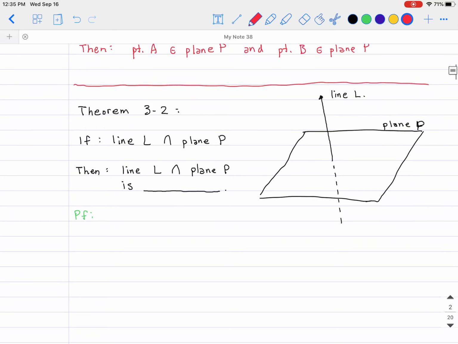So now let's look at the first theorem of this section, which is theorem 3-2. Here in the picture is the illustration of it. It says that if I have a line and it intersects with a plane, so you can see in this picture the line is intersecting with the plane, and keep in mind that the line is not on the plane, meaning it is not a part of it. Imagine a pencil piercing a piece of paper. Then according to this theorem, the intersection is exactly 1 point, meaning that the intersection between this line and the plane is going to be just one single point